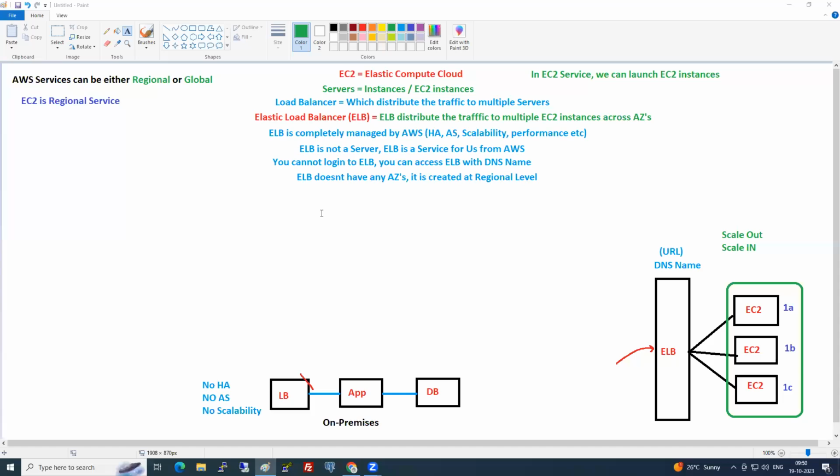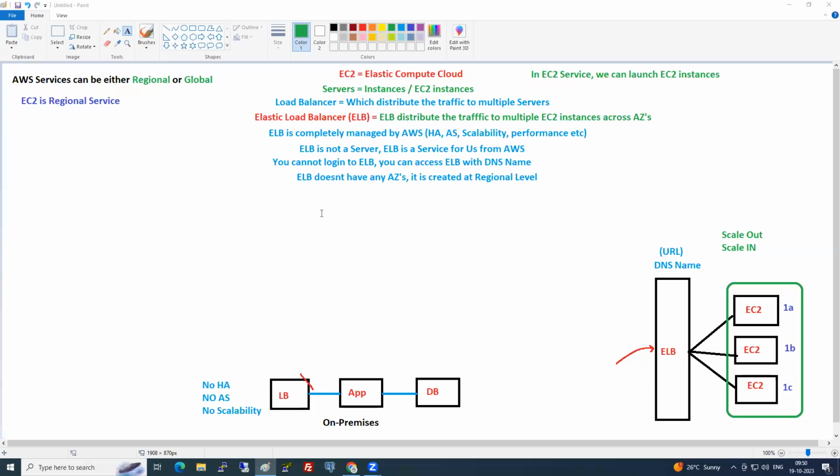Beanstalk will say, yes, boss, I'll do the deployment for you. Deployment meaning what? Putting the application on the server. So Beanstalk will go and launch an EC2 instance. What is the backbone of Beanstalk? EC2 only. So Beanstalk will talk to EC2 and launch its own EC2 instance, and the application you have given, it will put in that EC2 instance.